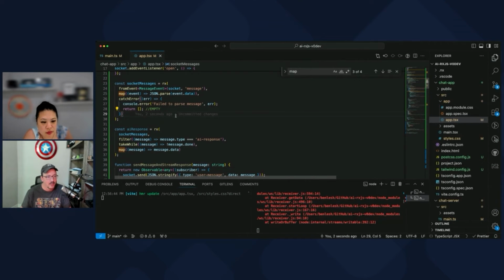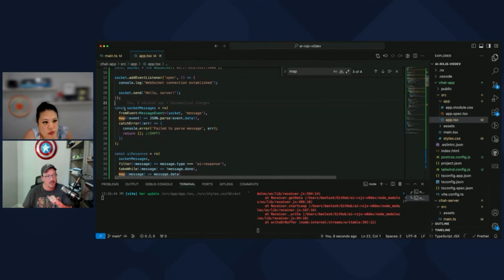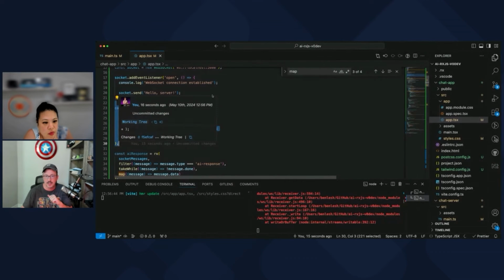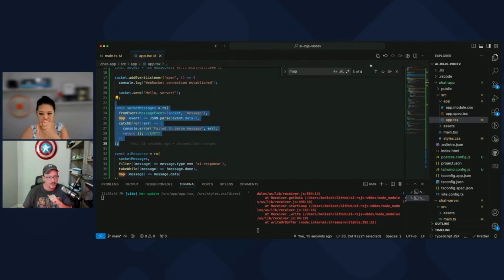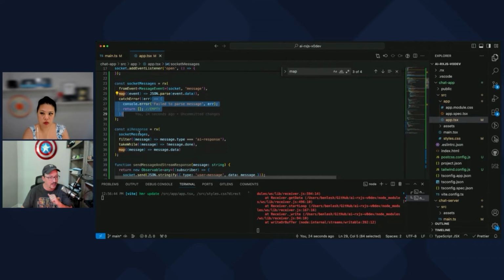Okay. All right. So just to recap, I open the WebSocket and just keep it open. I'm not doing anything fancy with the Rx to keep it open for now. I can go back and fix that later. But from there, I have an observable of just socket messages. Those socket messages, I'm already pre-parsing with JSON. If there's a problem, I just log it and continue on. And then here, I'm taking those parsed socket messages and I am saying, hey, filter down to the ones that are the type AI response, only take them while you're not done. So as soon as you get a done message, stop this observable, and then just give me the data. So this is just the string that you normally get out of this.